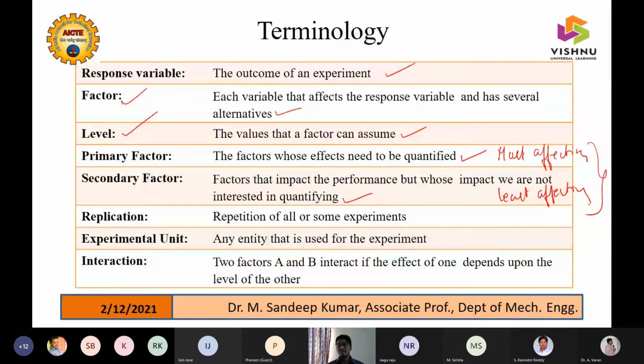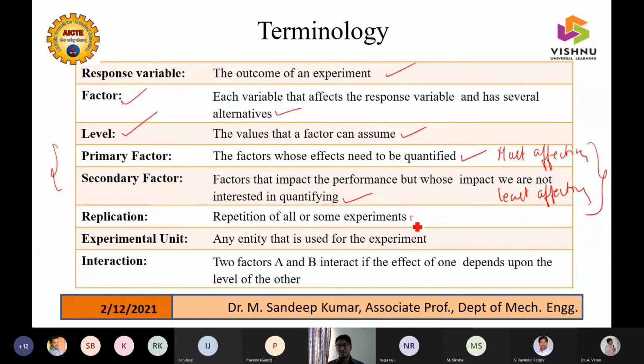For them it's very difficult to know which factor is affecting and which is not, and for them human trials and all these things are there, right? So deciding these factors is very important, and when it comes to humans, they need 100% quantification that what you have decided is right. So for that also we need some experimentation. That's why I told you, in the medical field, people use it extensively.